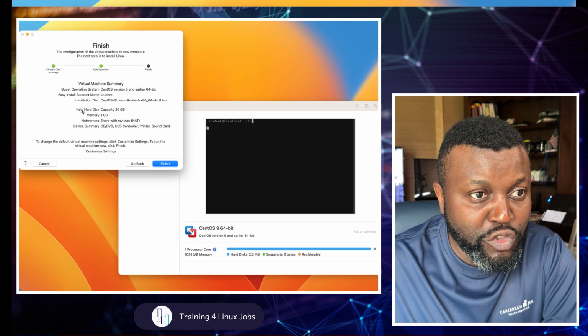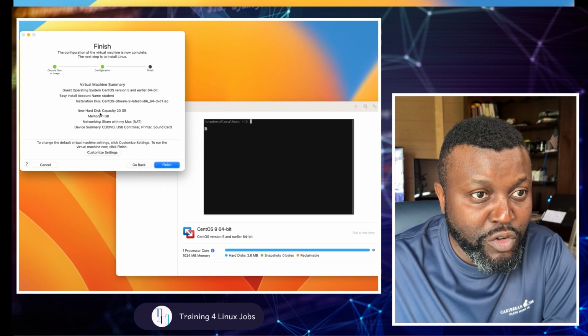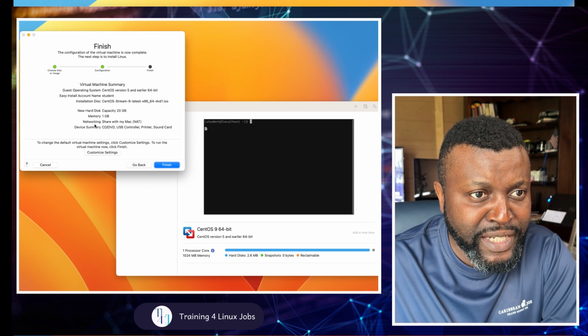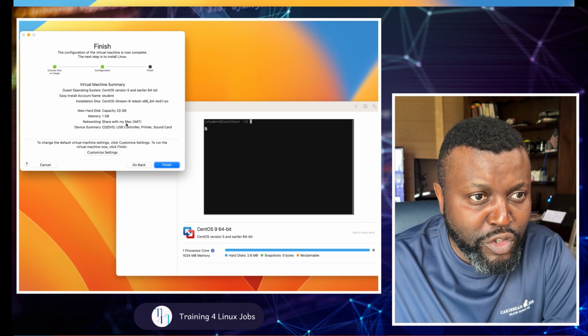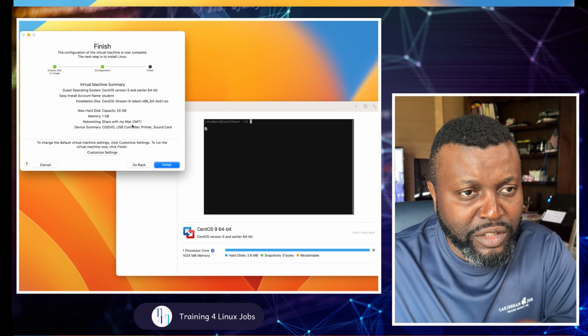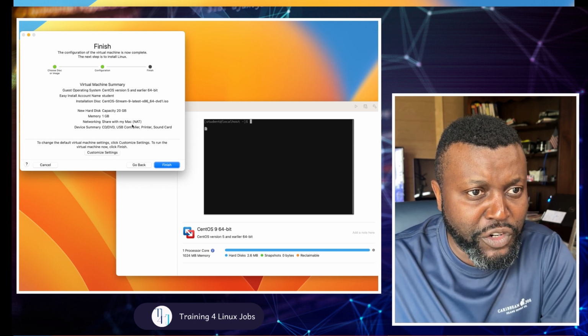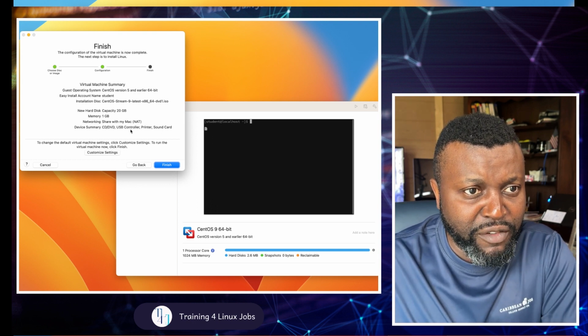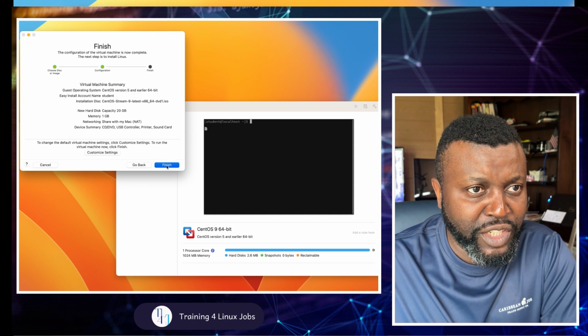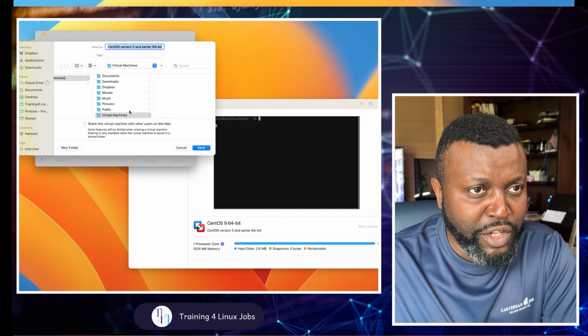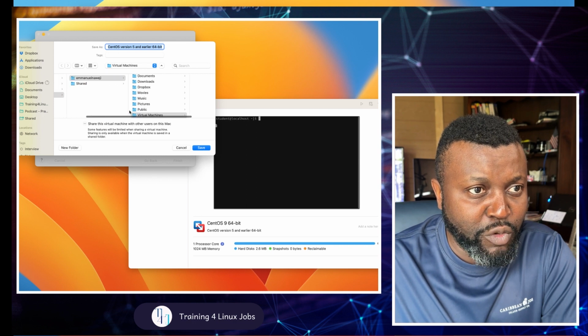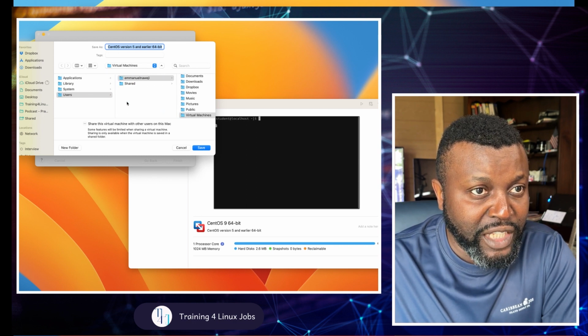Rather, you see here the new hard drive capacity will be 20 gigabytes. That's your storage. Your memory will be 1 gigabyte, and so you're using your local system. This machine will be sharing the same networking system that you have on your local system. So click finish, and then you're gonna have to decide where to store that machine, and